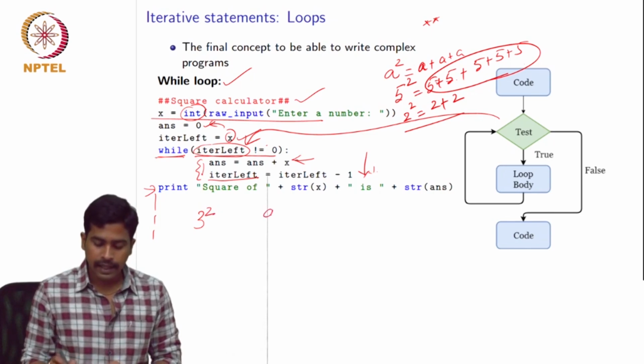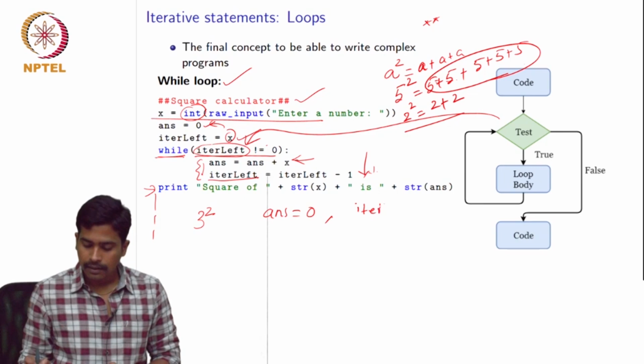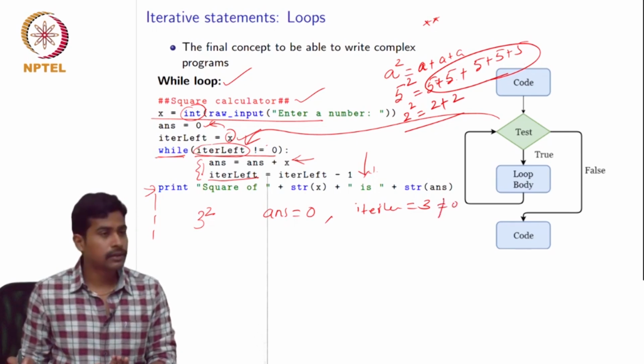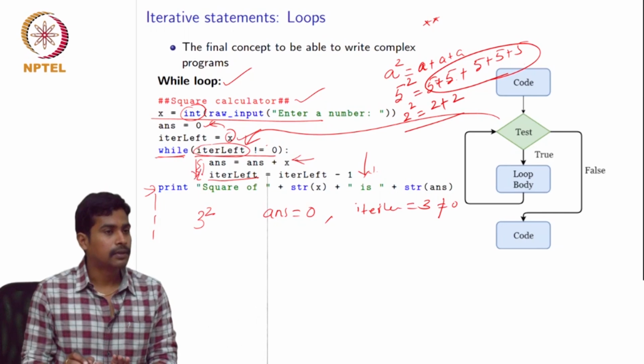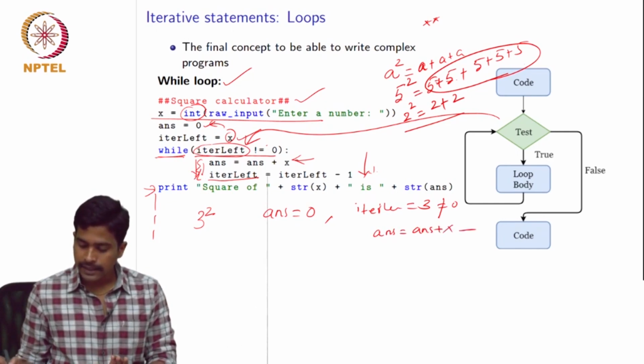So initially we said answer equals 0 and number of iterations equals 3. During the first iteration, it will compare 3 to 0, and since 3 is not equal to 0, it will enter the while loop. Inside the while loop, it says answer equals answer plus x. So answer is assigned a value of 0 plus 3. Now the answer value is 3,